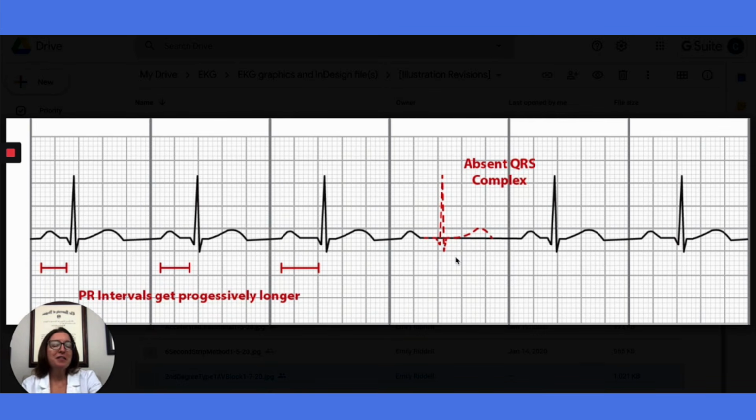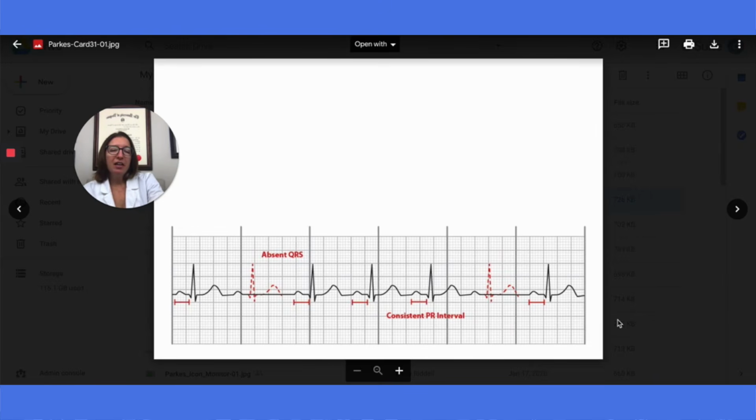Again, we'll carry this analogy through to the next block as well. Okay, here we have a second degree AV block type 2. This type of block causes a sudden failure of impulse conduction from the atria to the ventricles without a progressive increase in conduction time, like we saw with type 1. Patients who have this type of AV block, it's usually permanent and they usually require a pacemaker.